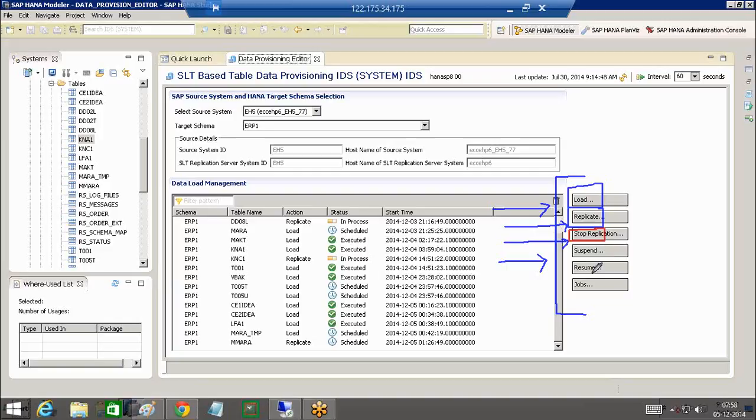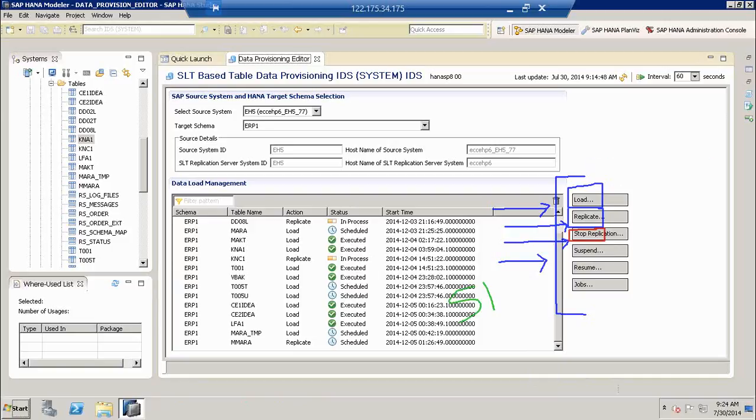So in SP03 onwards, we are at SP08, right? In SP03, support pack level 3 of HANA, there were a couple of customers who were requiring to not stop replication and start all over again. So they were looking for an alternative approach from SAP. Customer Intel, customer Bayer and customer Adobe